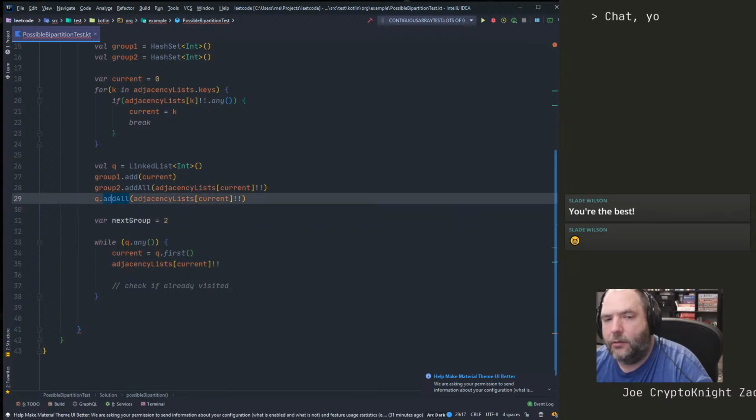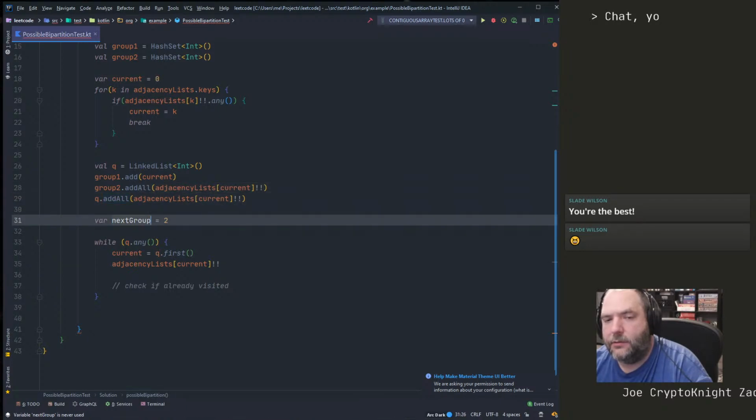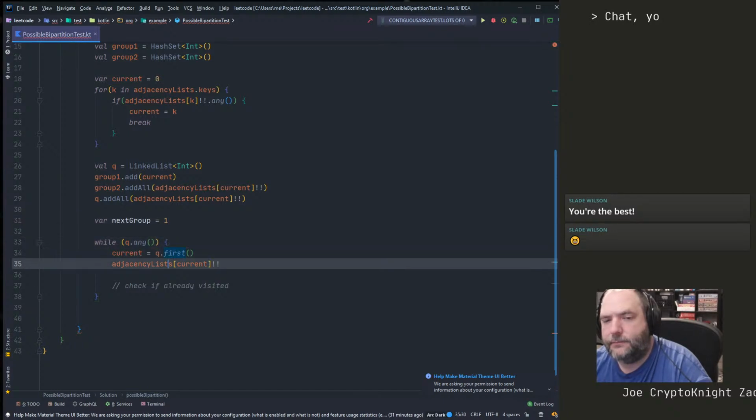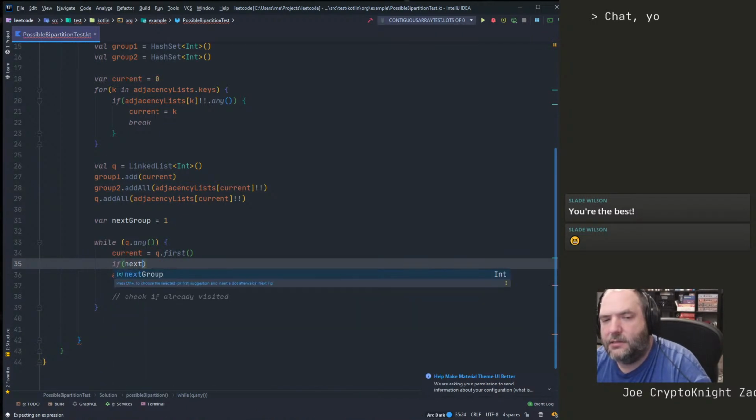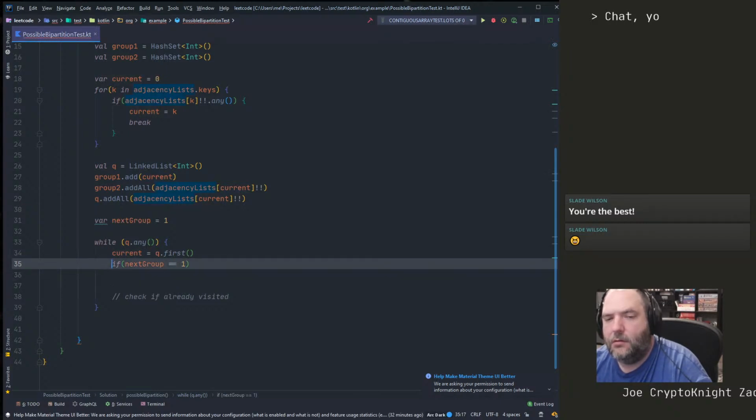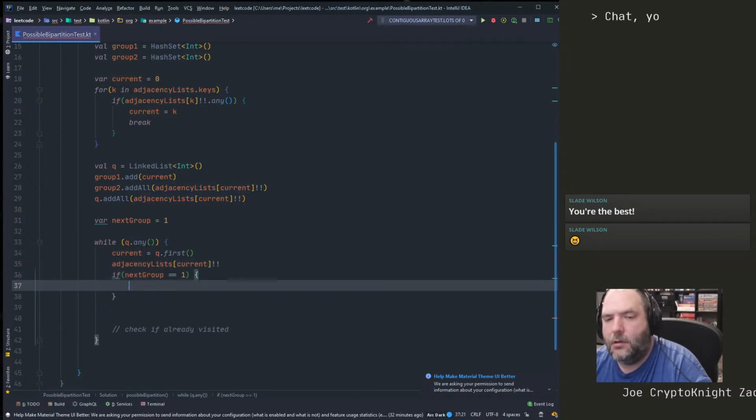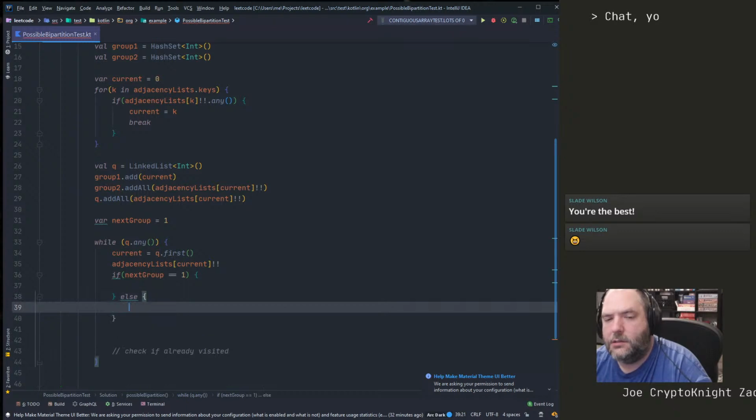We know that the group that we're looking at currently is 2, so really I should say the next group is 1. Right, so something like this is going to get ugly. If next group equals 1, else